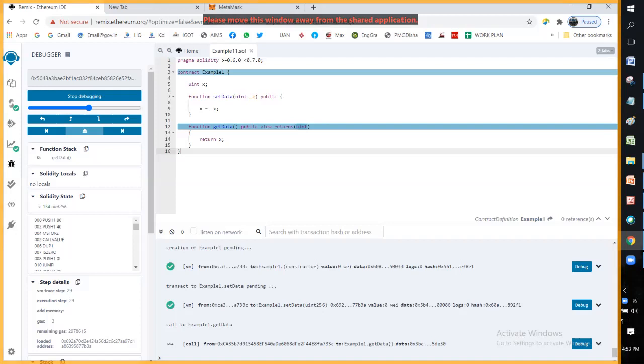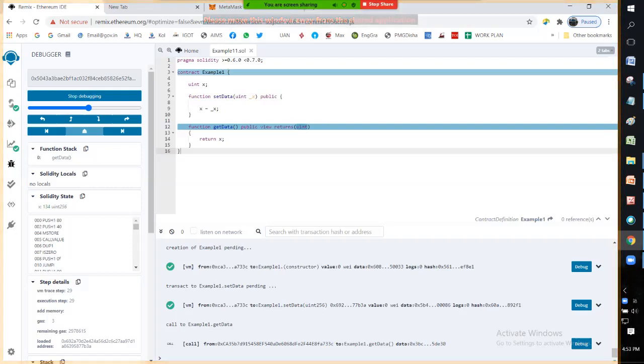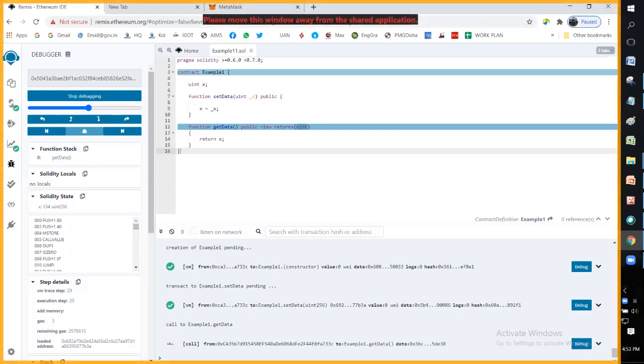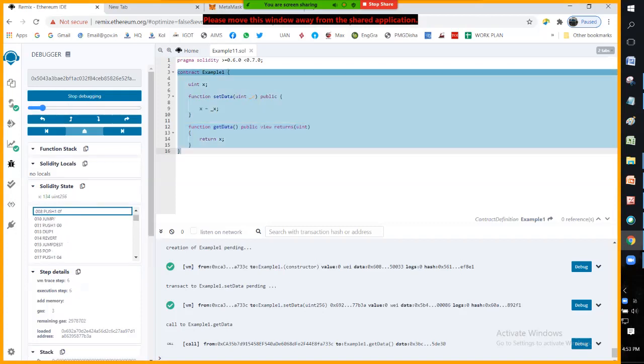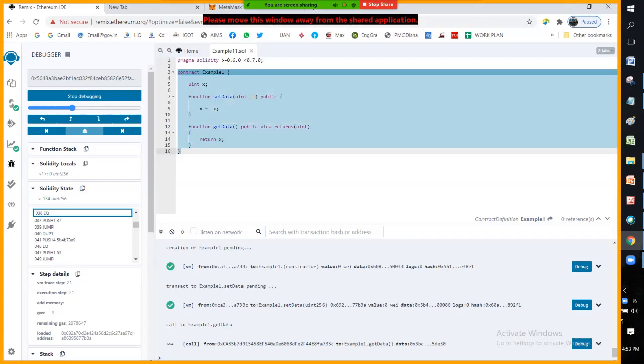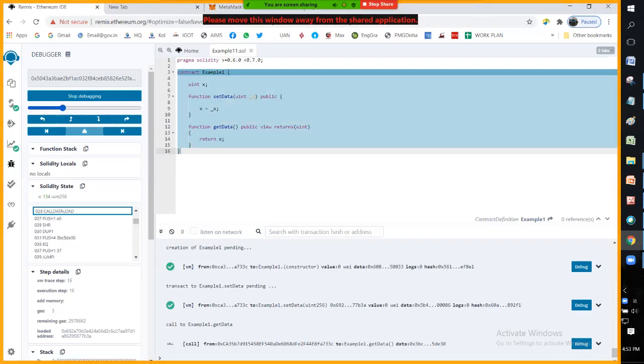Once you are acquainted with the programming style of Solidity, you will come to know how you should write your code such that your gas requirement is minimum, or your aim should be to minimize your gas cost. So that is why it is also advisable that you should not be using a lot of loops. The more loops you use, the more gas value it will eat up. So when I'm debugging, I can use this bar also. Sometimes you have to see where your operation got stuck, right?